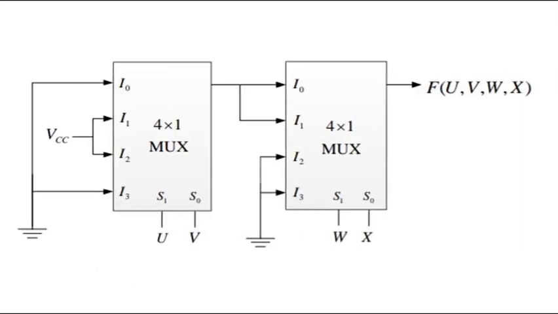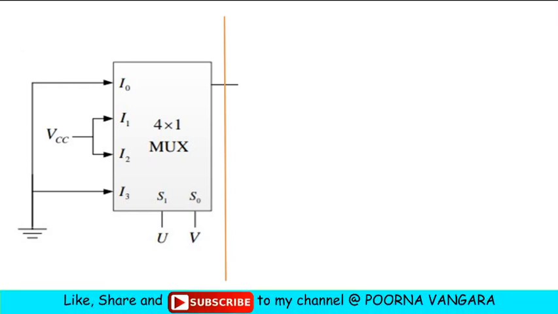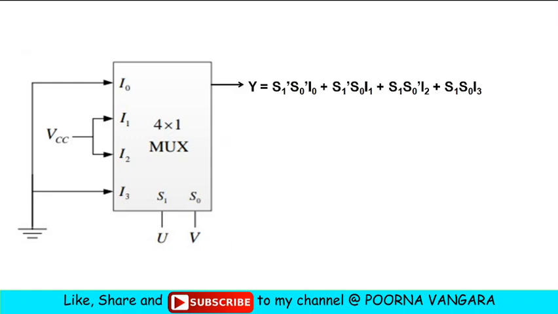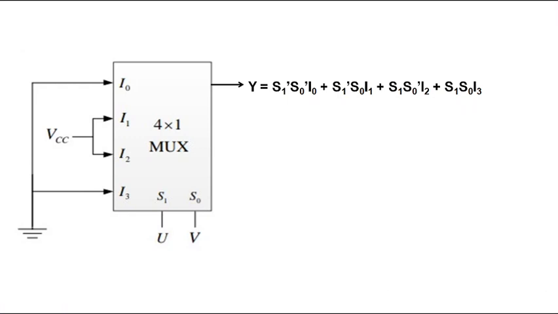In order to find out this function f, first let us consider the circuit given. Now in order to find out the output of the second multiplexer, first we need to find out the output of the first multiplexer. So let us divide into two parts. Let us consider the very first multiplexer and write down the output of this first 4:1 multiplexer. We already saw how to write this expression in an easy way in the first video. So now this is the expression for this 4:1 multiplexer in terms of selection and input line variables.